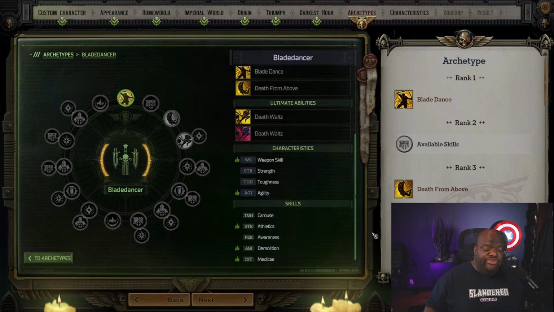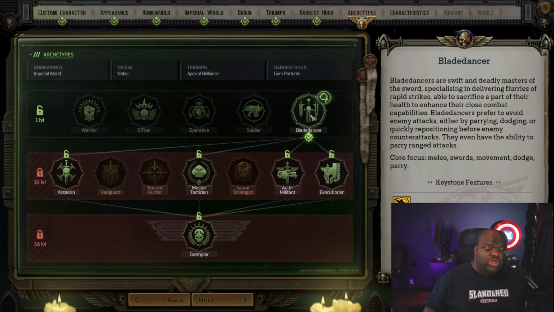And then when it comes to skills, obviously because you're going to be focusing on agility heavy, demolition is going to be very useful. If you plan to take Bladedancer into Executioner, I highly recommend that you also focus a great deal on Metakai. A lot of what you get in Executioner is going to make use of that skill. And so because of all of that, when you're looking at how to advance Bladedancer,